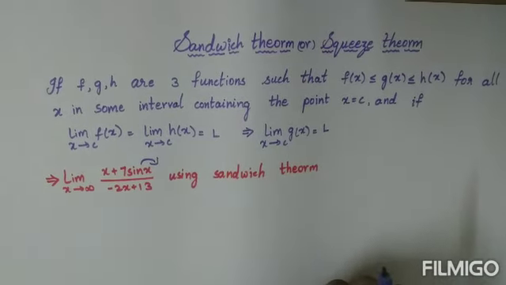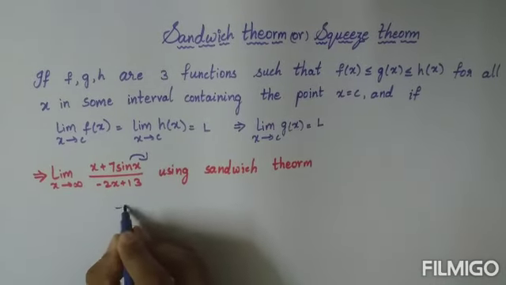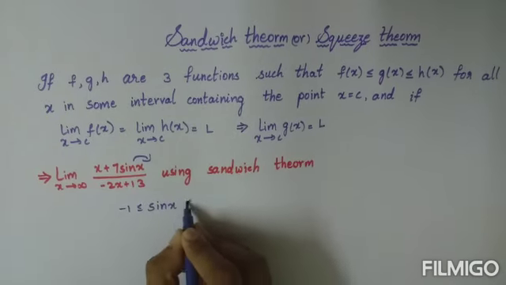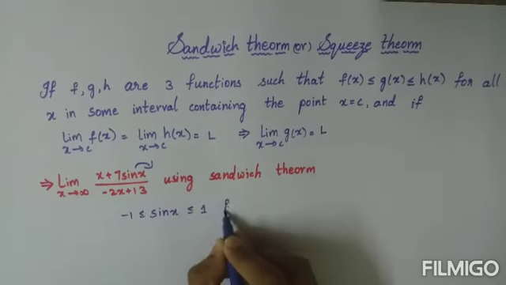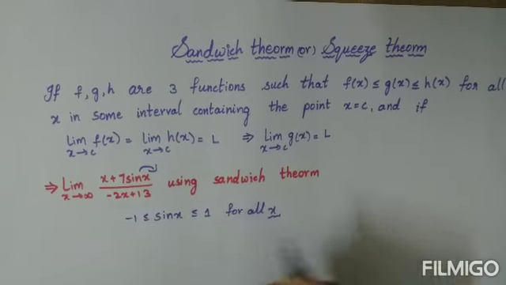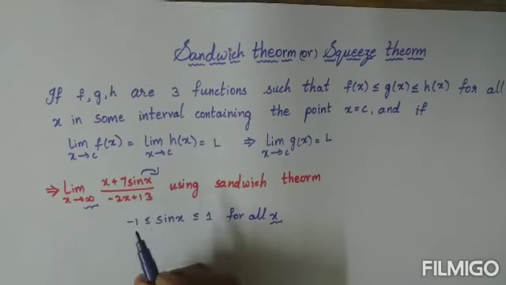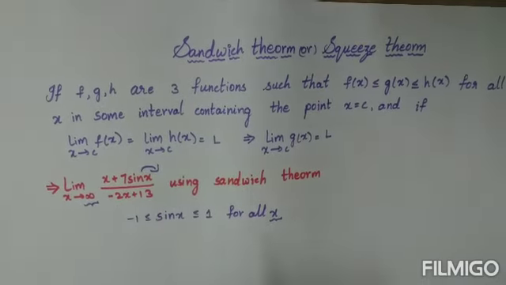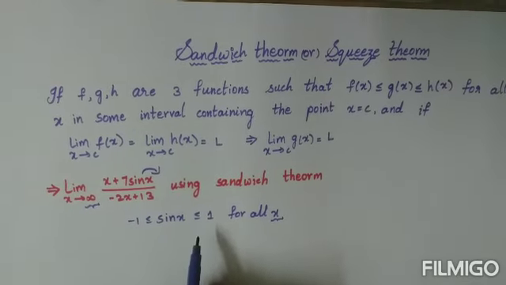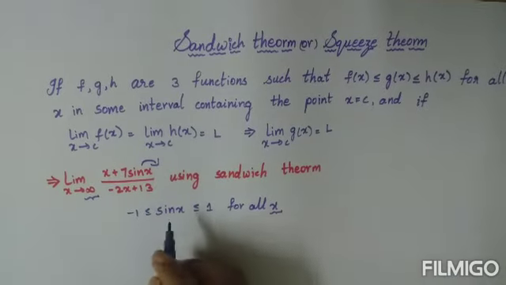Sin infinity? We know that sin x will always be between minus 1 and plus 1. So this will be the range of sin x for all x. But we don't know its value when x is infinity because we don't know the exact value of infinity and we cannot calculate sin x. We can say it will be in this range for sure. So let us solve in this way.